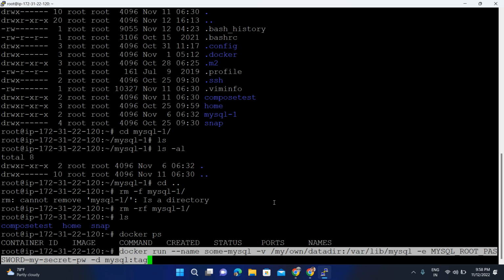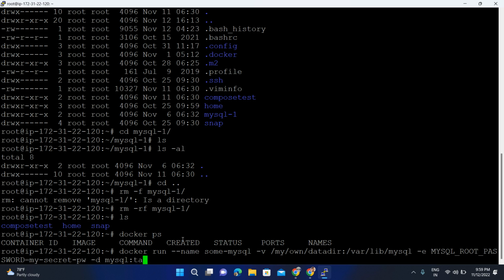That's it. You can see, guys, Docker run, I will give --name, some mysql. This is the name, I will change the name. We don't give a tag; if we don't give a tag, the latest one will be running. I will give mysql-5, and